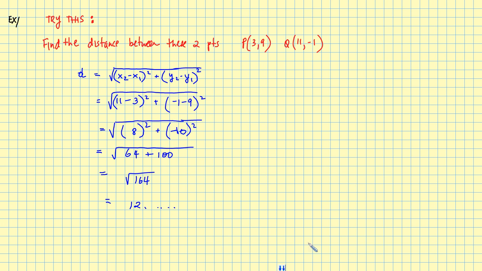Okay, I'm not going to work it out. Well, I could work it out, I guess. It would be root 4 times root 41, so it's root 41, and therefore this would go to 2 root 41, and 2 root 41 is going to be approximately 12 point something. All right,